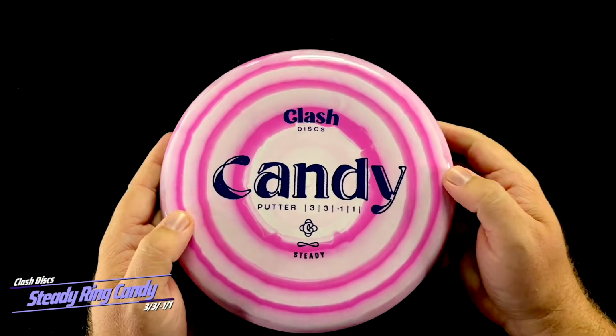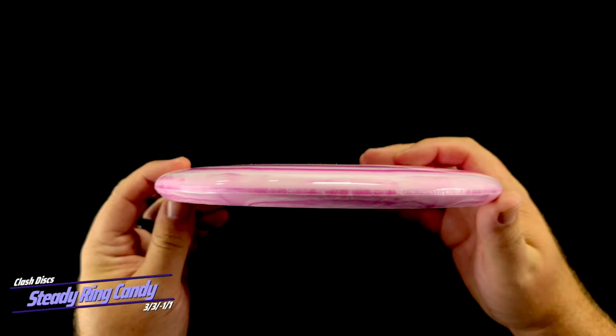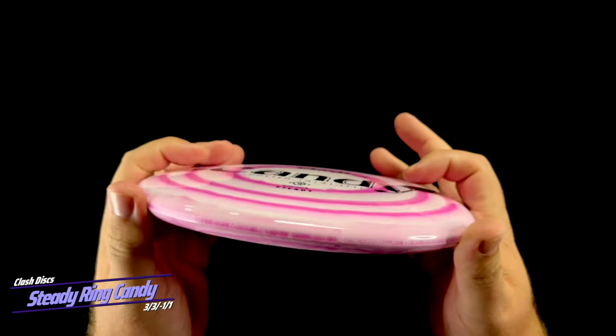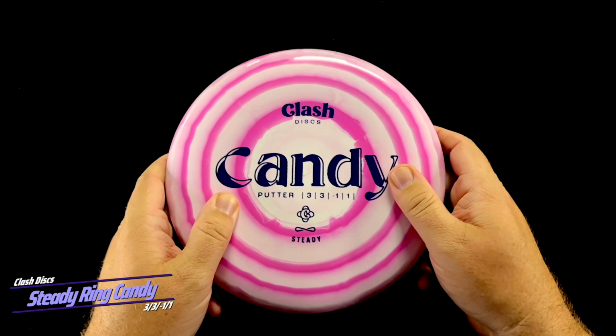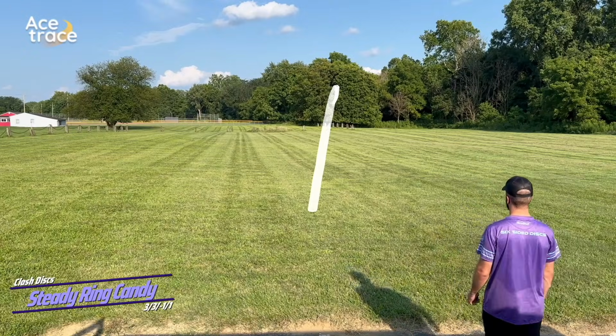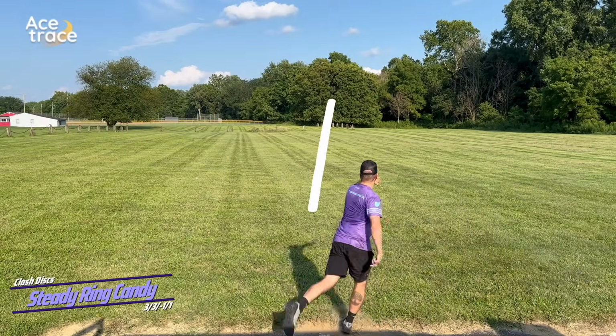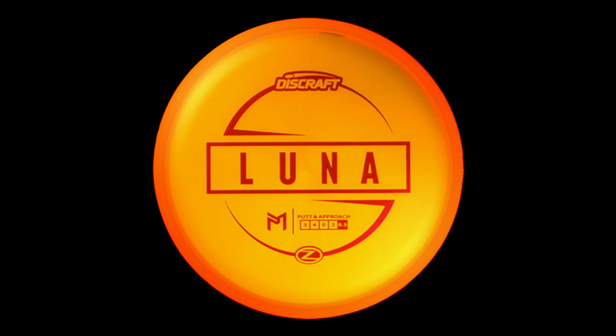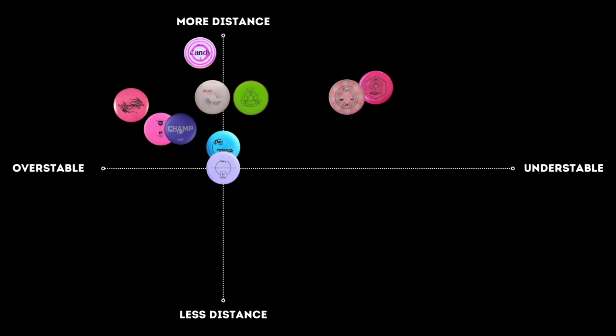Let's move on to something a little bit sweeter, like this, the Candy from Clash Discs. Rated at 3 3 -1 1, the Candy is smooth, deep, and it reminds me a lot of the Discraft Luna, both in shape and in feel. But will it have any similarity in flight? Well, yes and no. Considering the Luna is supposed to be overstable, the Candy actually flies quite a bit like the Luna. And while the Candy's flight numbers of 3 3 -1 1 are pretty close to accurate, the Luna's are not. Even after Discraft recently updated the flight numbers from 3 3 0 3 to 3 4 0 2, it's still just not that overstable. But hey, that's not what we're here to talk about today. We are here to talk about understability and put the Candy right here on our chart